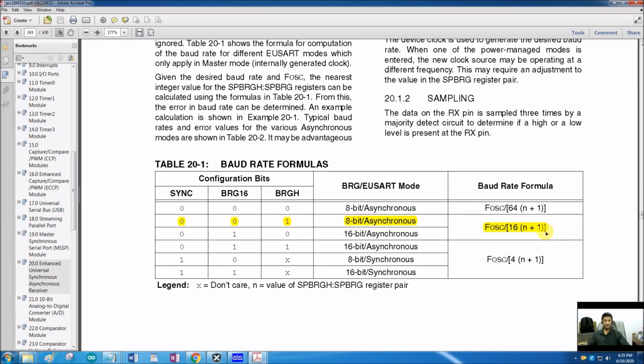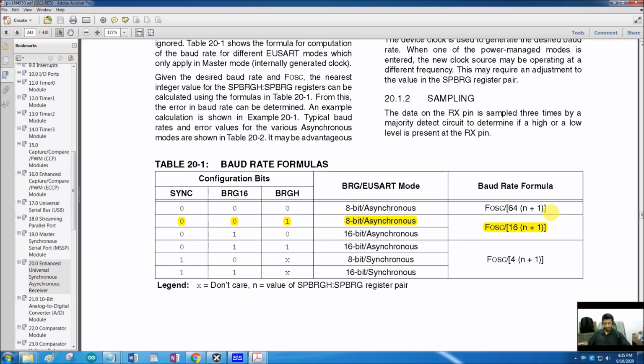So Fosc is our crystal oscillator frequency, that is 4 megahertz, we all know that, and that is divided by 16 times (n plus 1). So what is n? n is the SPBRG register, the serial port baud rate generator register, that 8-bit register in which we are going to put some value to define a particular baud rate for our communication.